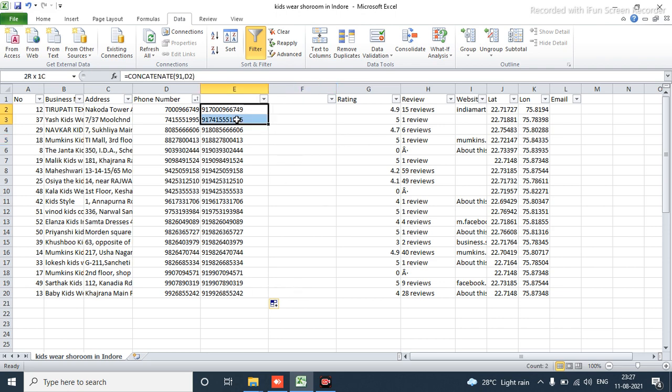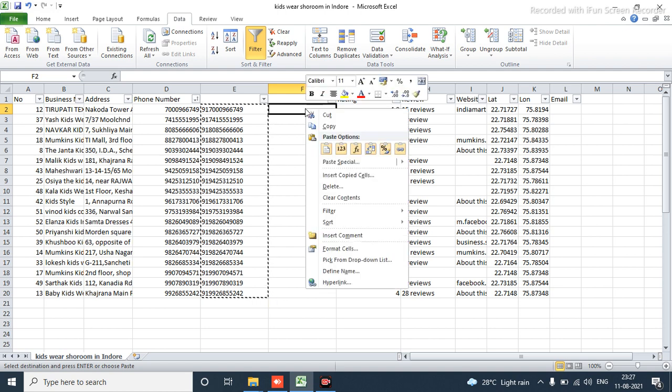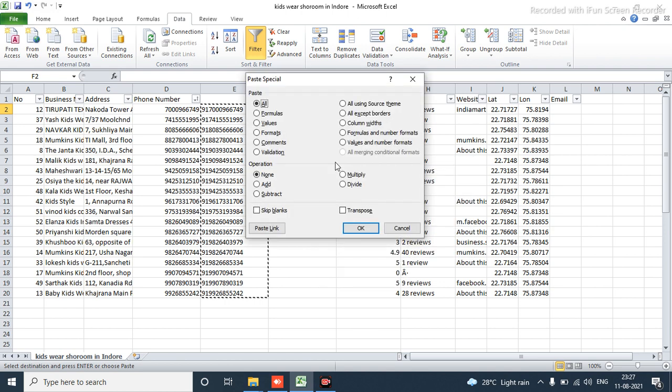Now you have to copy all these numbers, Control C, then click at this cell, right click, then go to the option Paste Special. Click on Paste Special, then choose the option Values, then OK.